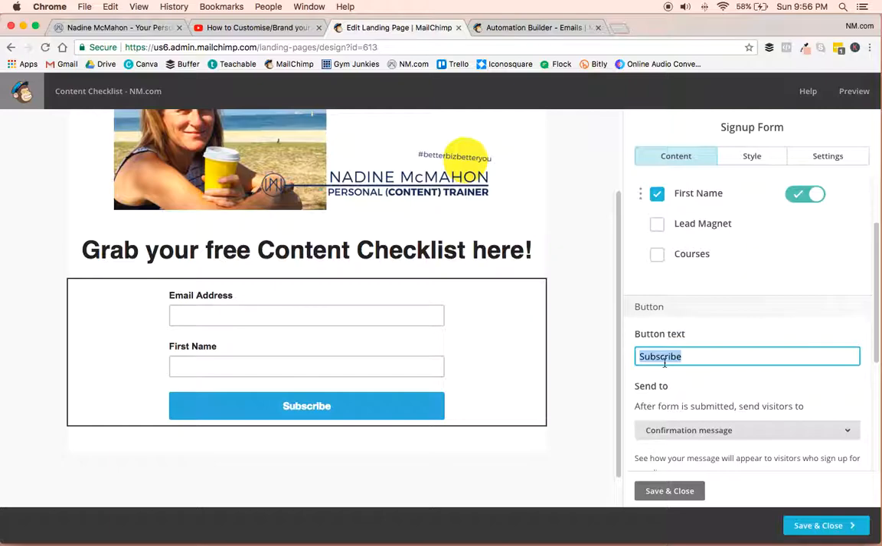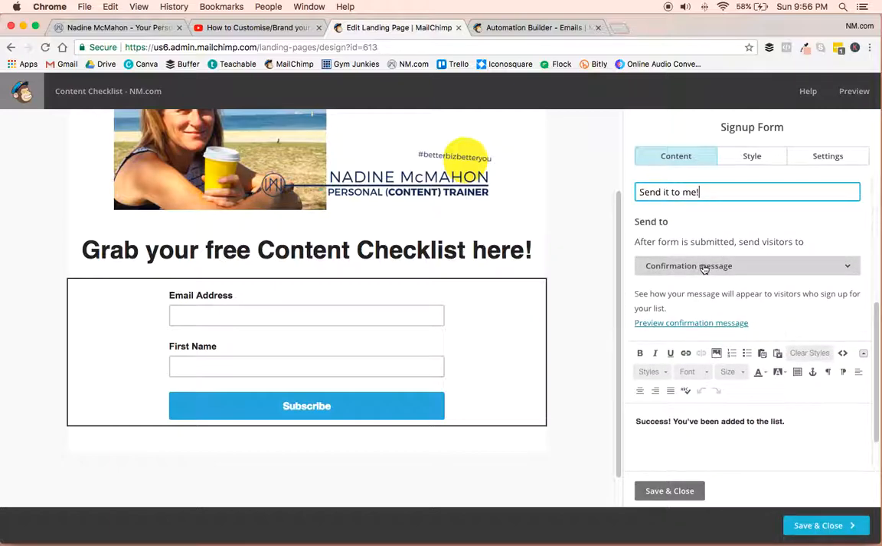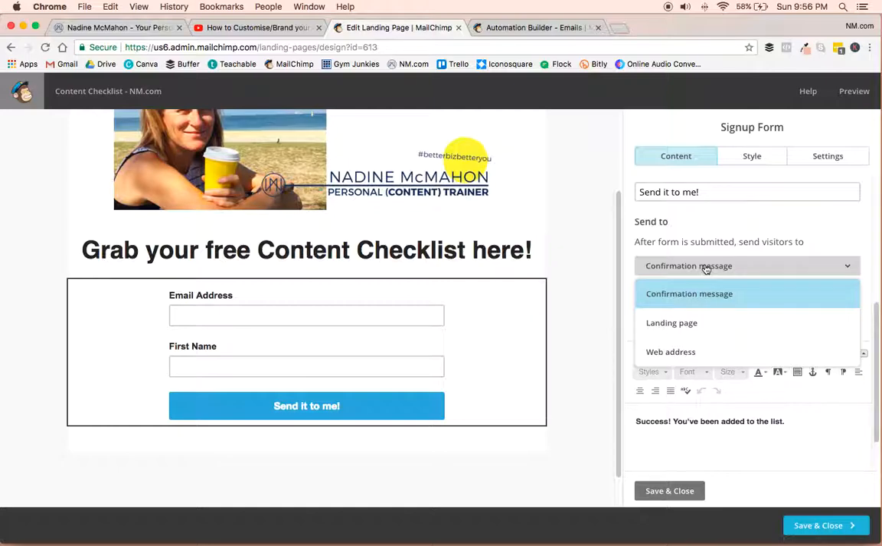And then instead of subscribe, I'd want to make it action orientated from the person's perspective. So something like send it to me is good. And then after the form's submitted, on this page, it would be replaced with a confirmation message, or